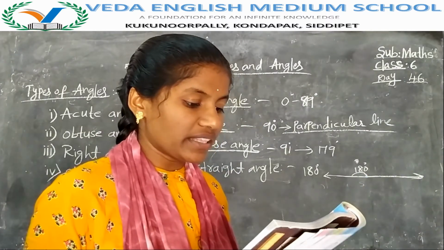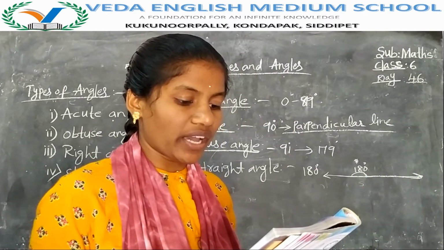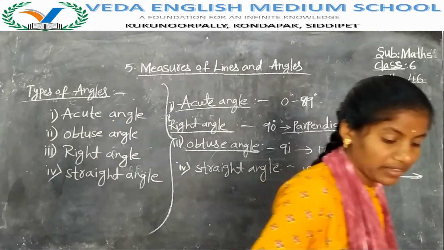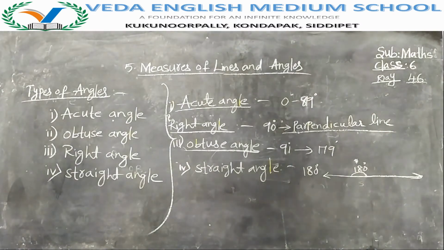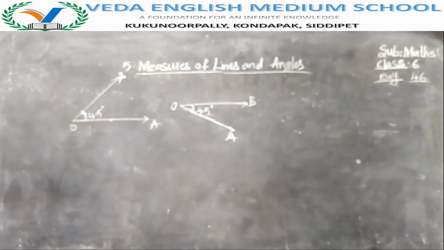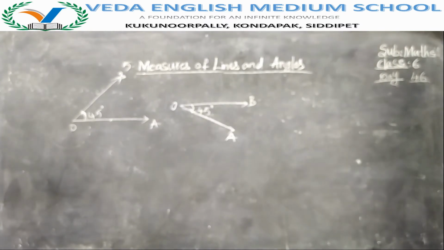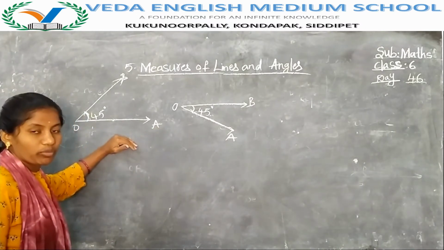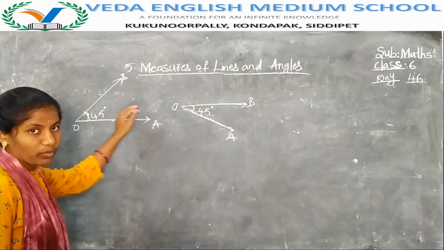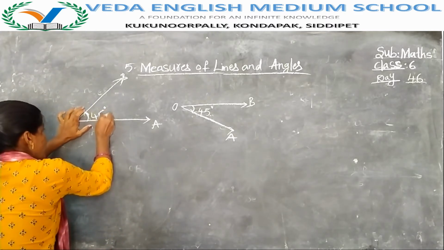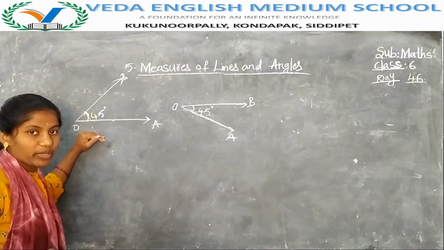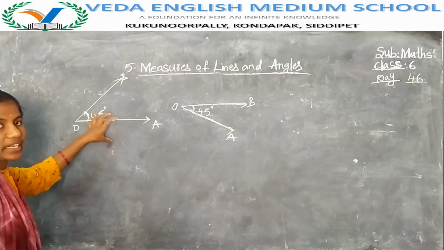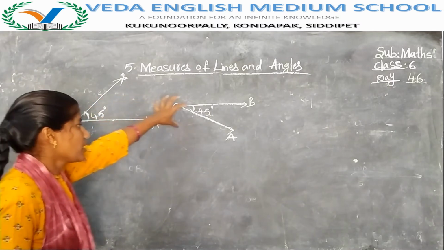Next we have Satya and Shweta, who were given a ray OA and asked to draw a 45 degrees angle. They drew like this. Now I'll explain. Look at the board. I have drawn 2 triangles on the board with 45 degrees. Simply I have drawn 45 degrees. In the next class we will learn how to draw the angles by using a protractor. But here I have drawn 2 angles with 45 degrees and 45 degrees.